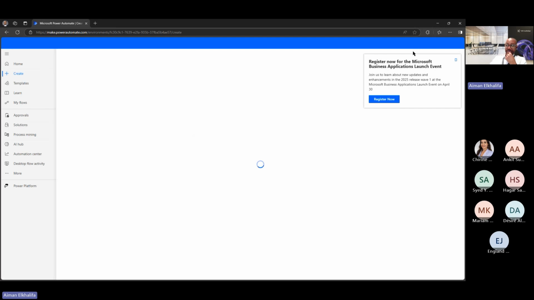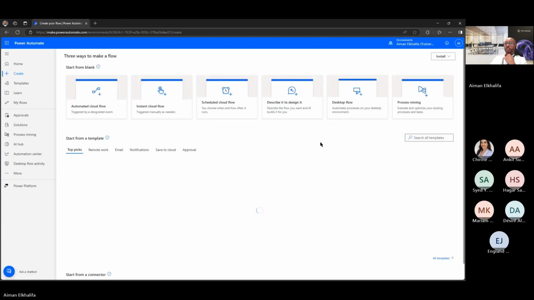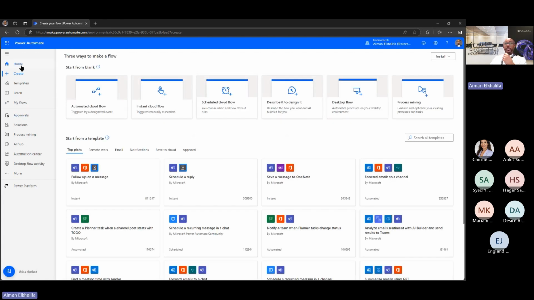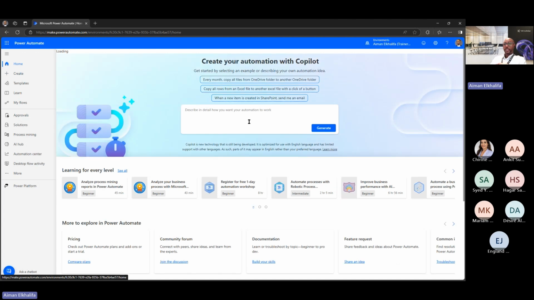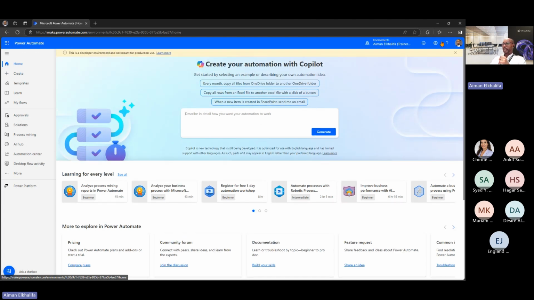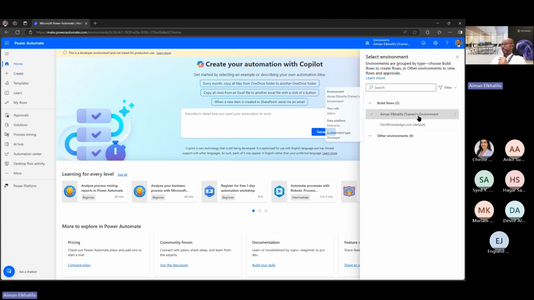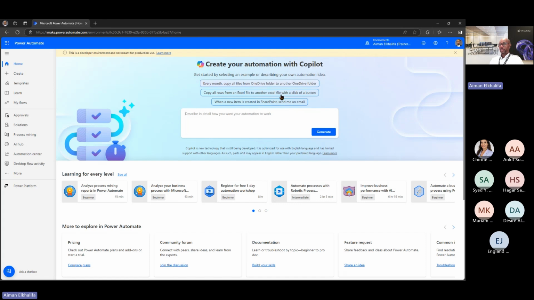Let me see if it's enabled on this environment here. Now there is something wrong with the license here. Oh, there you go. It's here for this. Brilliant. Let me remember that. It's on my environment, not on this environment. So create your automation with